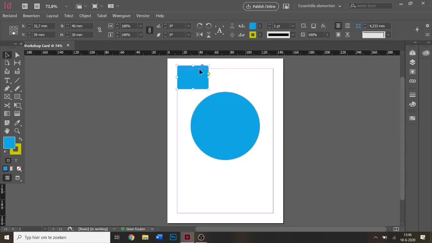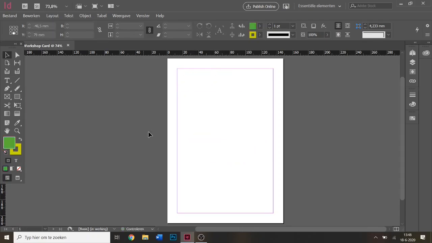Yeah, okay. I'm gonna delete all of this. You can delete by just selecting a shape and then pressing the delete button on your keyboard. I'm gonna make the standard outline a bit bigger so you can see it more clearly. If I draw something again. Then again, on the left,